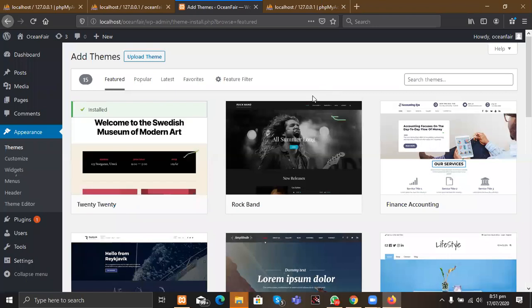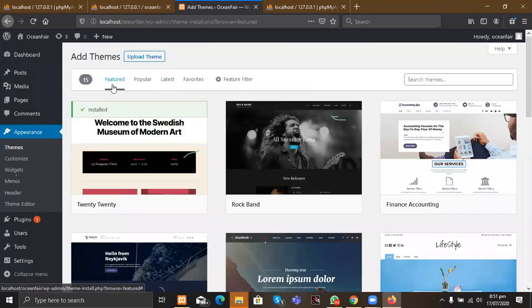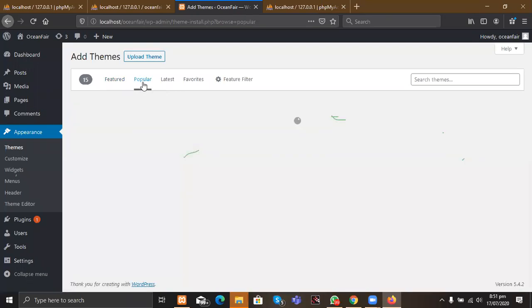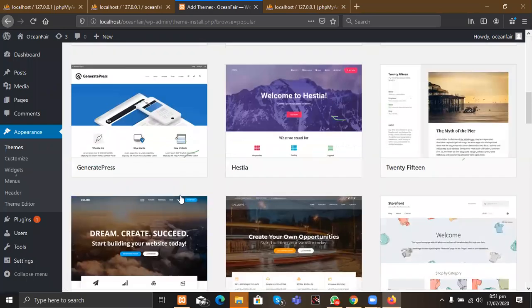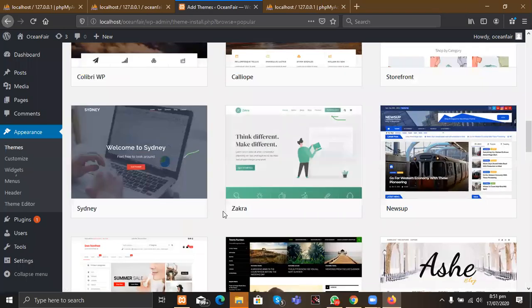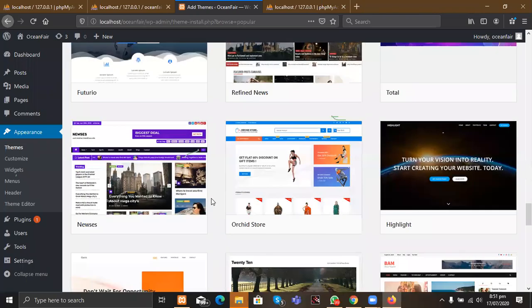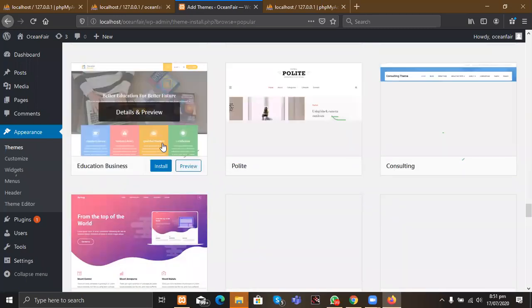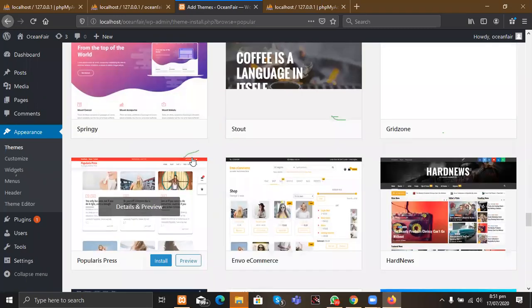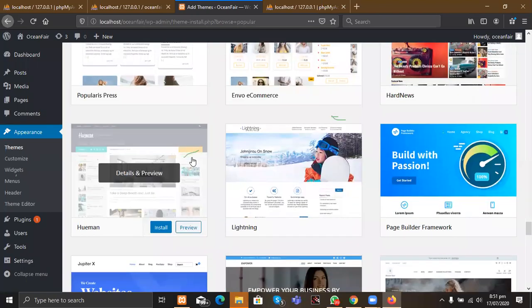Pending the time, let me just show you. We have hundreds and thousands of themes that you can choose from. This is just the featured ones. We have popular ones that you can see through. In fact, you won't believe how easy this can be. We have so many things to choose from. So anytime you want to create a new one, even if you want